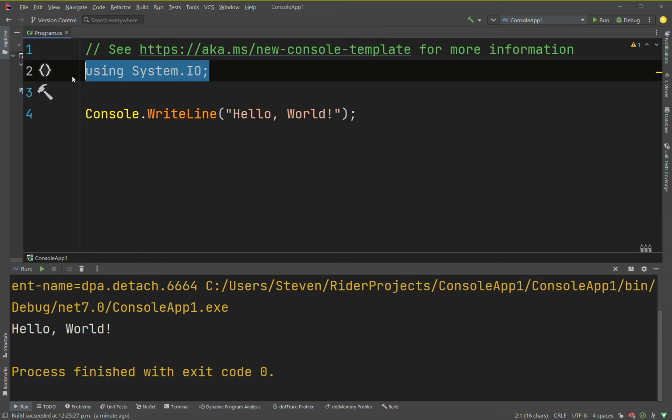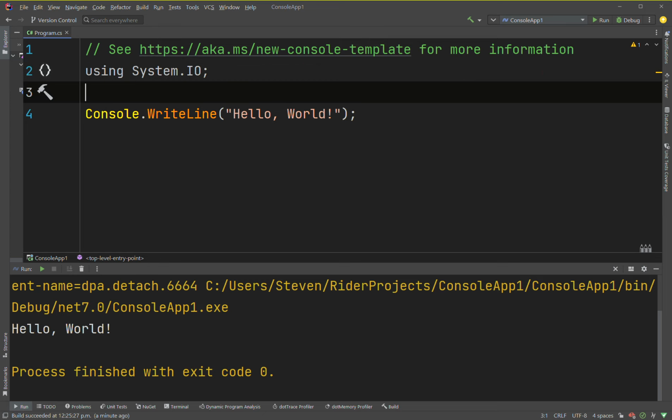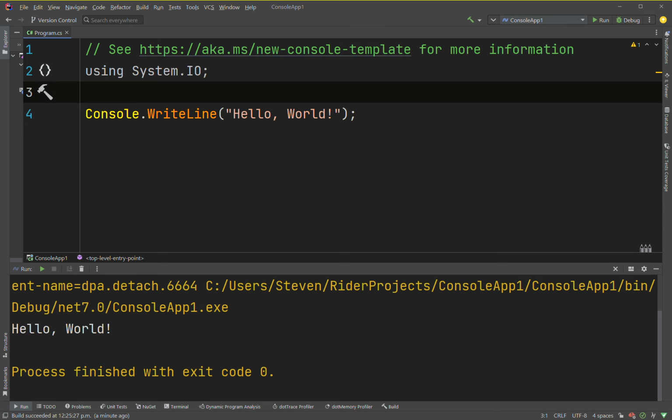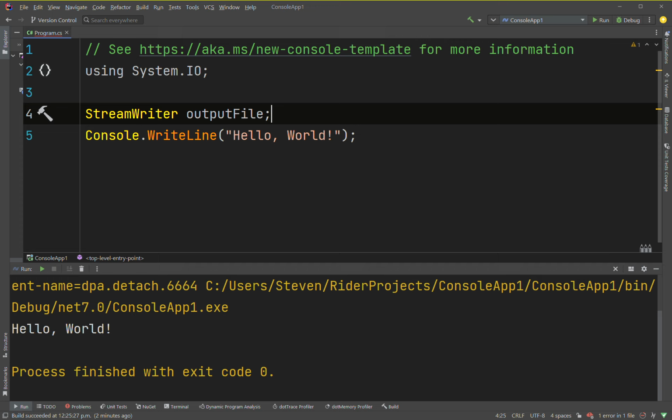I just included this directive at the top, using System.IO, or the library. Then here we'll try to get this code to run. We'll be writing data to a file with the StreamWriter object. So here we can say StreamWriter output file. We're going to create an object reference variable of type